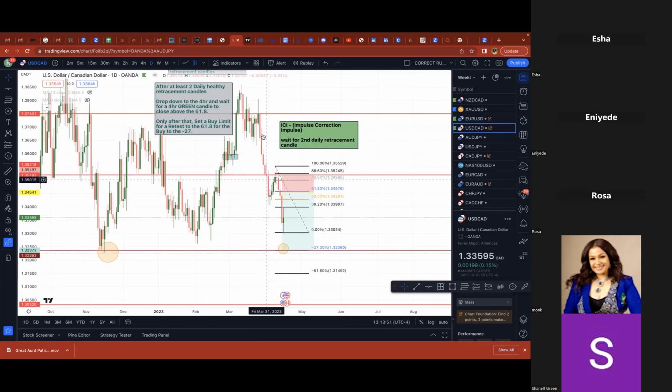It's not more than the impulse down here. So it's fine. And this is where we put, because it's a sell that we're looking for, on our overall chart, we have our 100 at the top, and then to make sure our take profit is down here, we put our 0 at the bottom of the retracement candle. That's fibbed like we would normally fib it.